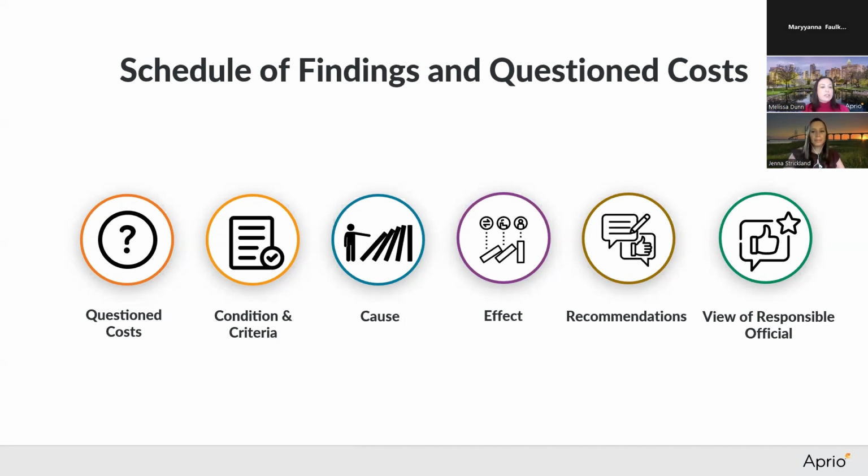So if any funds were paid in excess of amounts allowed by HUD to a related party, especially, or if there were payments to other properties, those amounts would be quantified. It also includes the cause of the finding or noncompliance. So how was this able to happen? Generally, it's a lack of internal controls or that internal controls were overridden. It also includes the recommendations from the auditor. So this is what the auditor recommends the client do to remedy the finding.